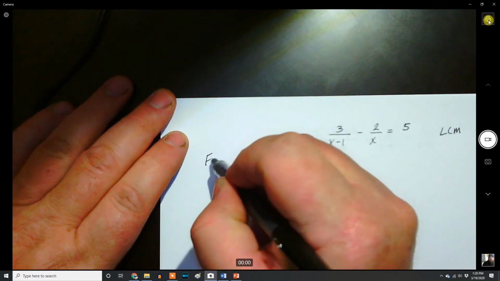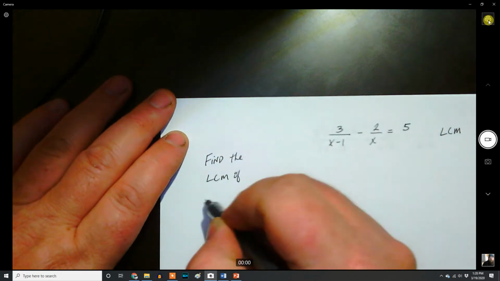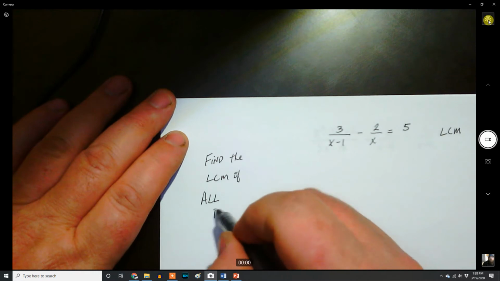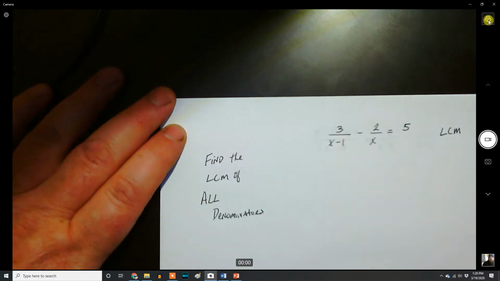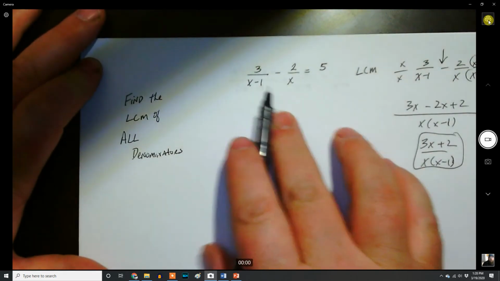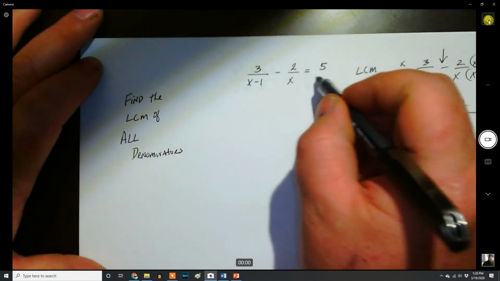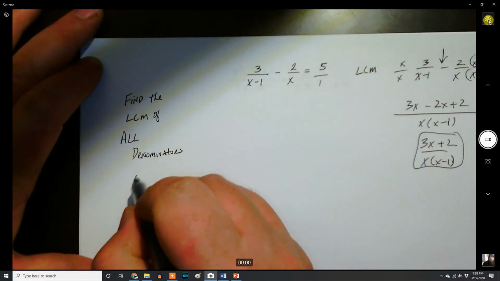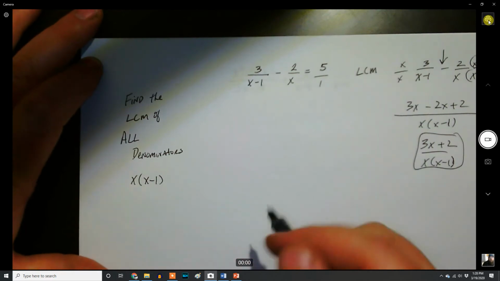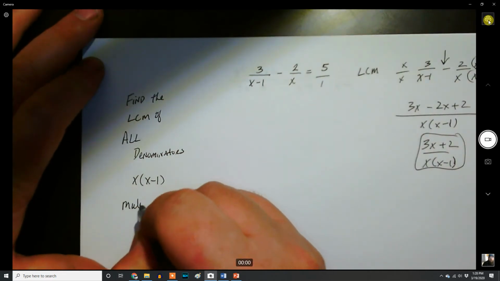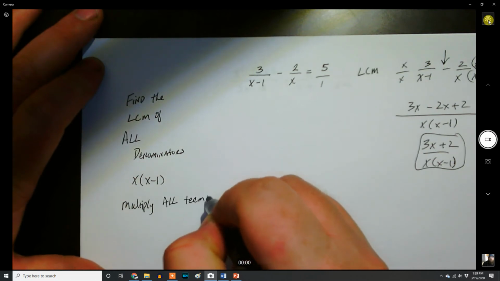We got to find the LCM of all denominators. Okay? So we already found the LCM of these two denominators. Since this is just 5, it's 5 over 1, right? So really, our LCM is going to be x times x minus 1, right? Now what we're going to do is multiply all terms, both sides,